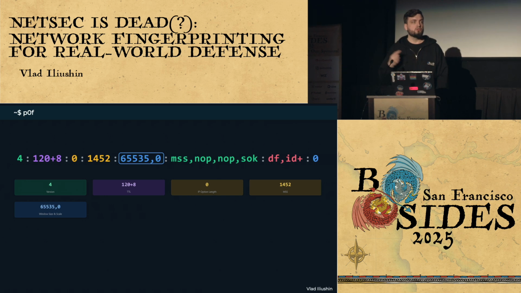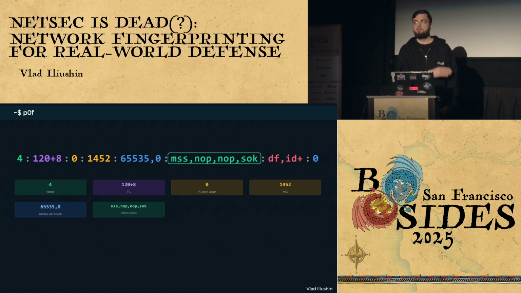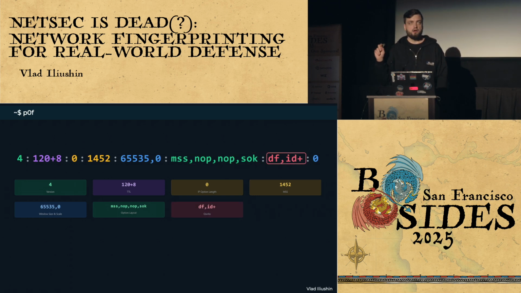In newer versions of p0f, this value of window size can be represented as a multiplier of maximum segment size. Finally, we have all the TCP options in the order in which they appeared in the packet, and IP quirks, so in this case DF for do not fragment, and ID is present. And finally, we have payload size class.